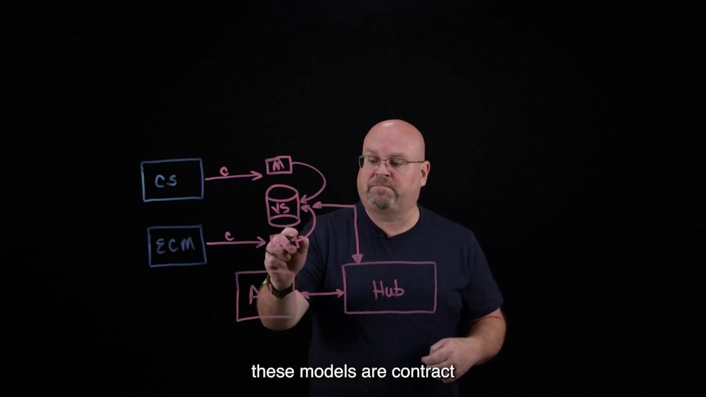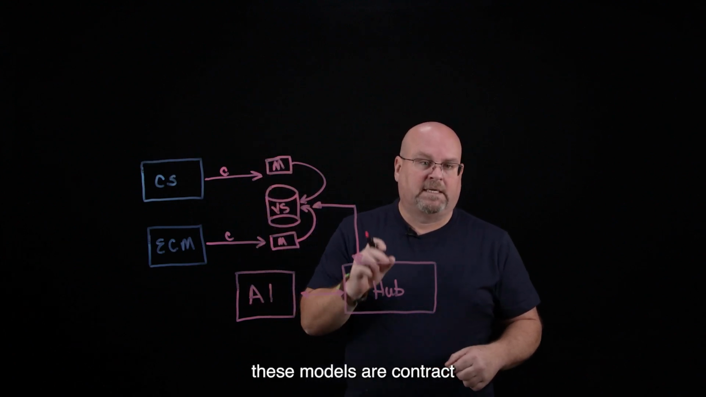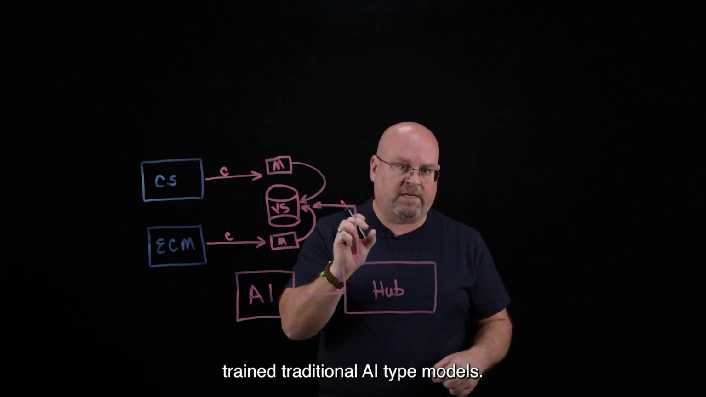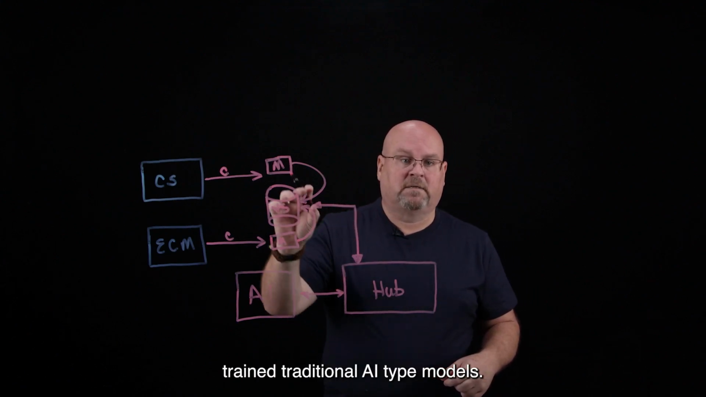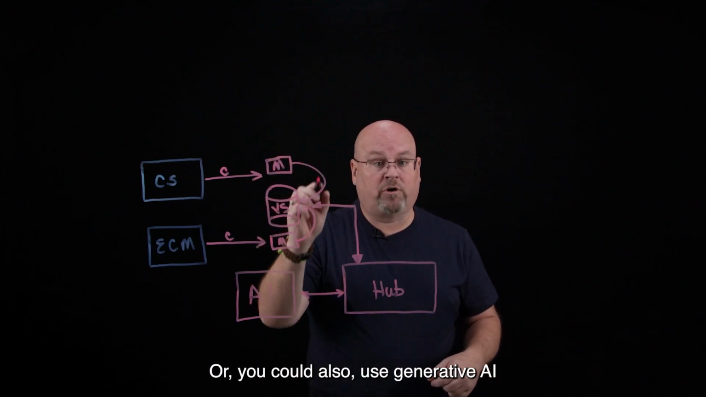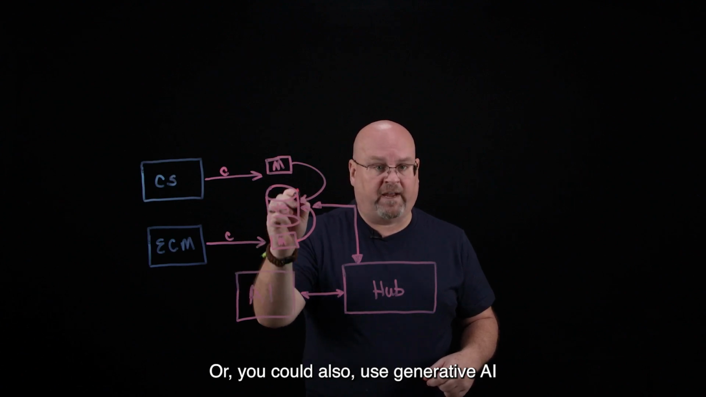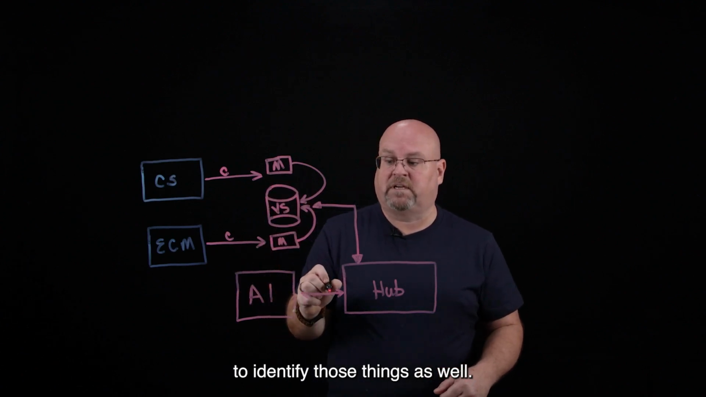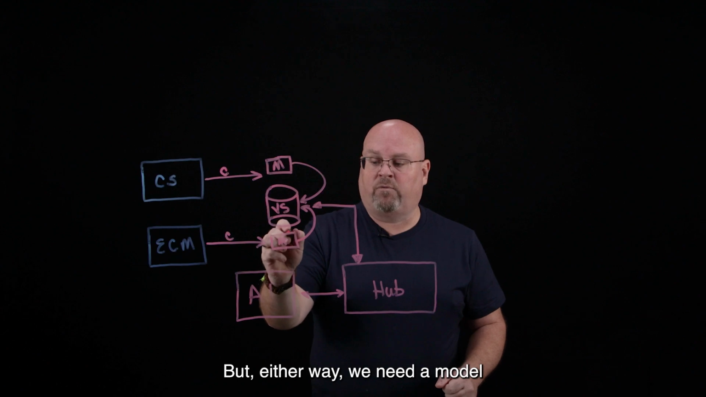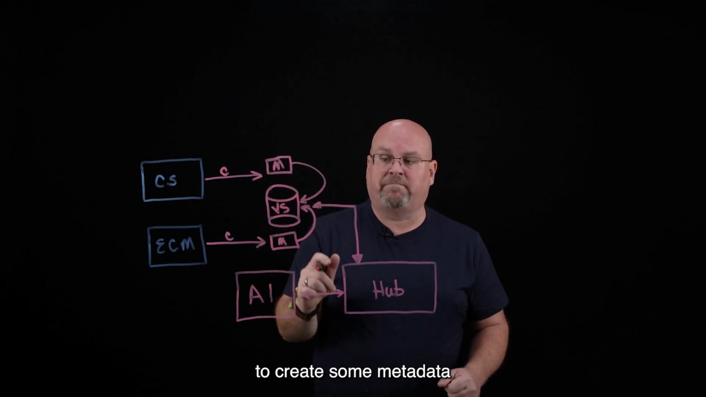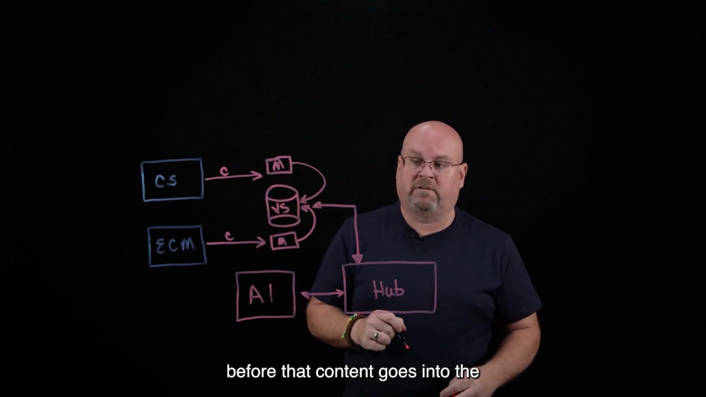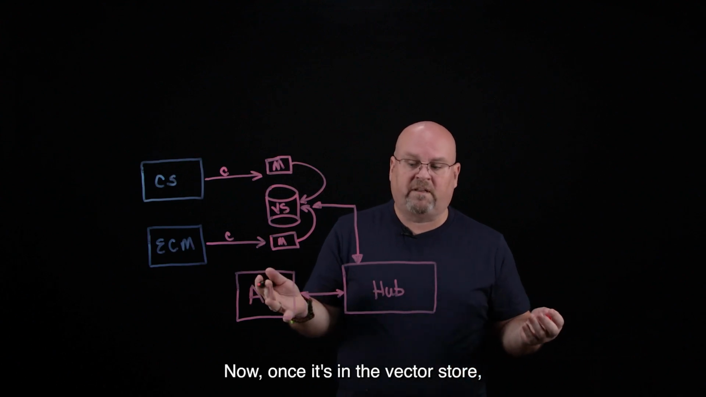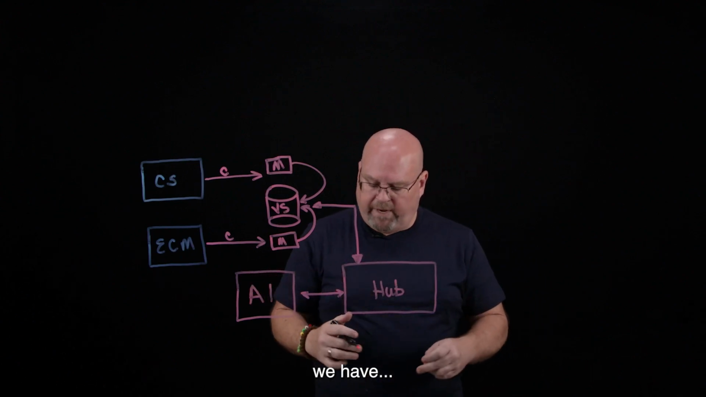So what you need in these models are contract-trained traditional AI type models. Or you could also use generative AI to identify those things as well. But either way, we need a model to create some metadata before that content goes into the vector store. Now, once it's in the vector store, we have